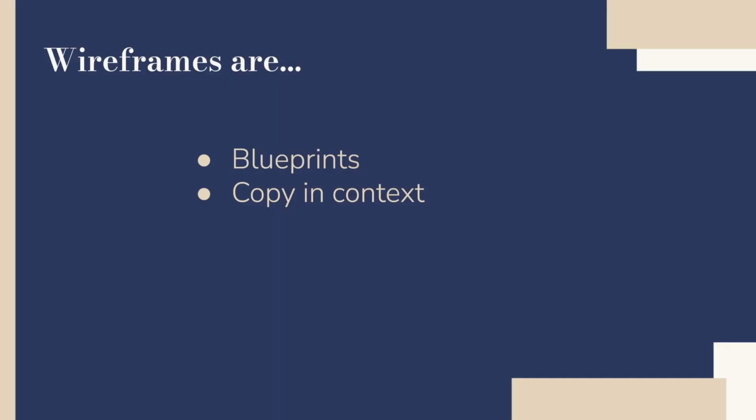What picture should they be next to or on top of? Or what are the words right before we ask them to click a button? You've got to know where they go and why they go in that order. So that is copy in context. And again, basically you're painting a picture. You're just painting a picture for them of what their website will look like, the ultimate finished product.